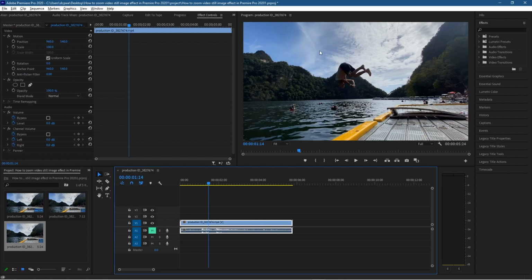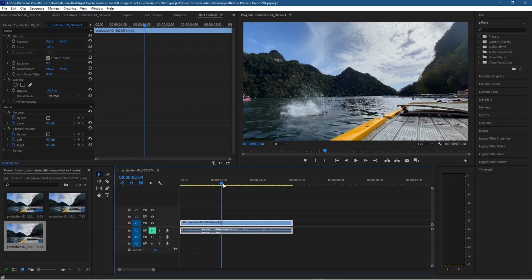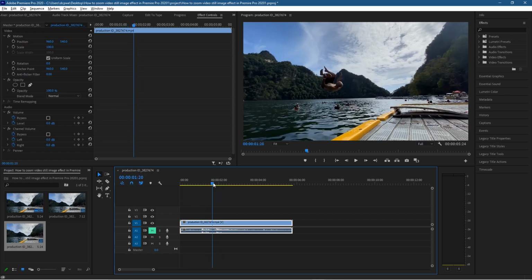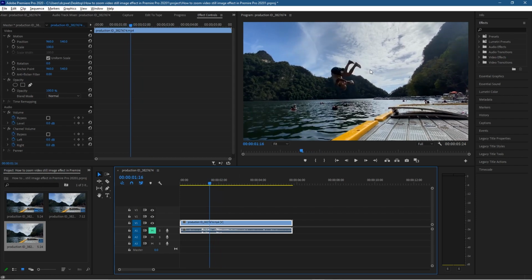So move to a position that you think is quite interesting. Maybe you want to do the splash part here, or maybe you want to get him when he's kind of like upside down, somewhere like around here. It seems quite interesting, right? This position. So what we'll do is click on the video clip, click on the cut tool here, and then